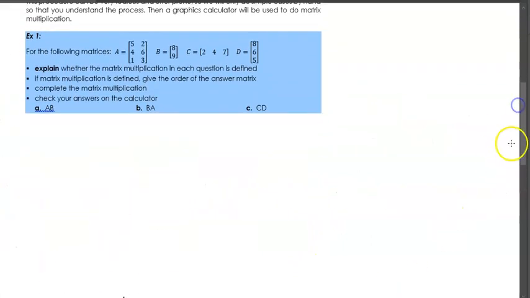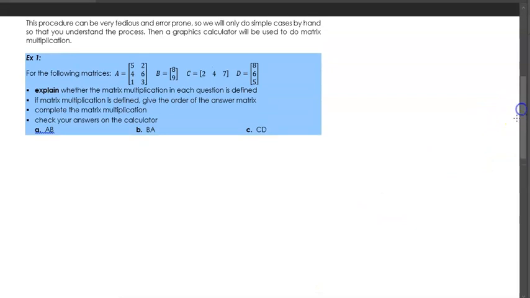Let's look at this example over here. And this example says that we'll be looking at this process. It can be very tedious and error prone. It's easy to make mistakes. So we're just going to do very, very small examples, and you will see some small examples in the SAC that you'll be doing. But your graphics calculator can be used to do these matrix multiplications. So you can put a matrix within your ClassPad calculator and have your ClassPad calculator do it for you. When it comes to questions within the SAC where you have to show the process, you will only get small